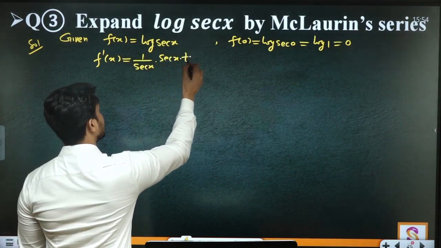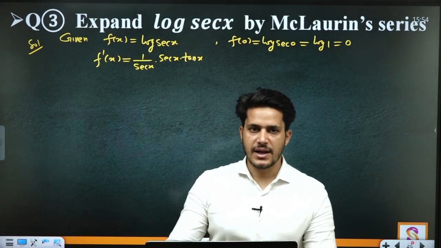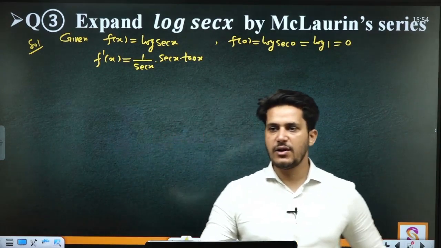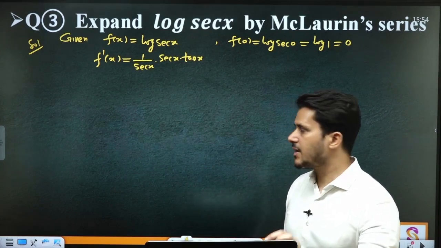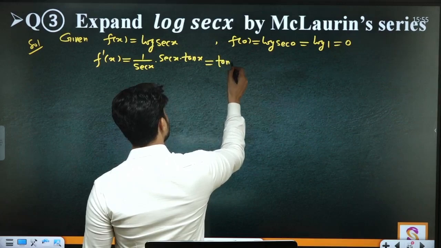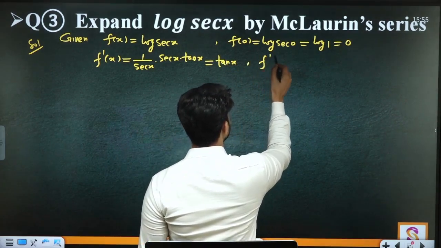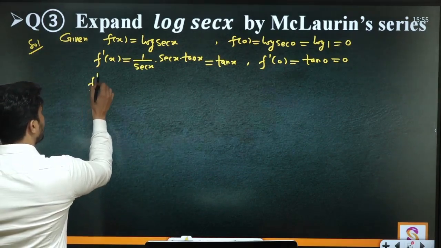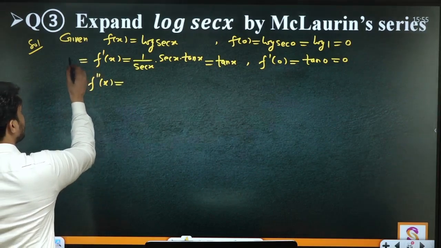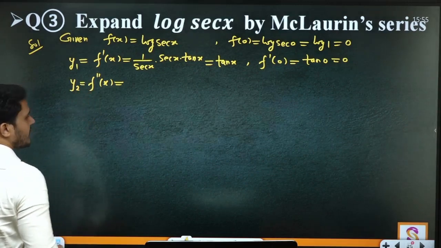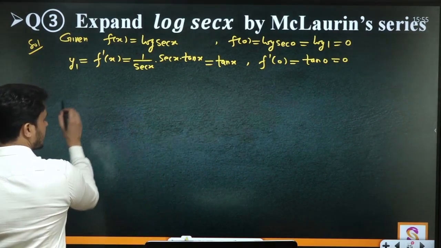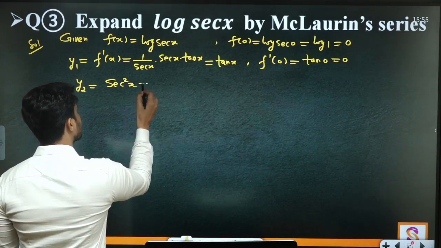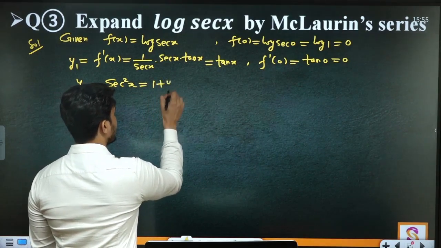उसके बाद f dash x क्या होगा, 1 अपॉन sec x एंड sec x into tan x, sec x into tan x। देखो ध्यान से, फर्स्ट डेरिवेटिव पहले आप लॉग का करेंगे 1 बाई sec, फिर sec का sec into tan, and sec into tan, one value of sec will be cancelled out, then it will be tan x, it's okay। Then f dash 0, tan 0 and tan 0 will be 0, again second derivative f double dash x, अच्छा इसको मैं y1 कह दूं क्या, y1, ये क्या होगा y2, लिख सकते हैं सीधा y2 इज इक्वल टू tan x का डेरिवेटिव, बोलो क्या होगा, sec स्क्वायर x, and this sec square x will be 1 plus tan square, 1 plus tan square,